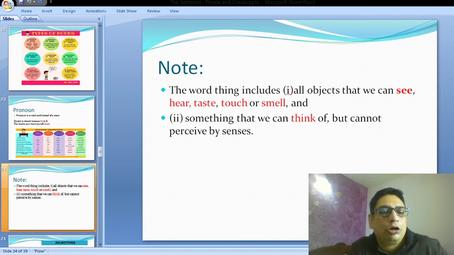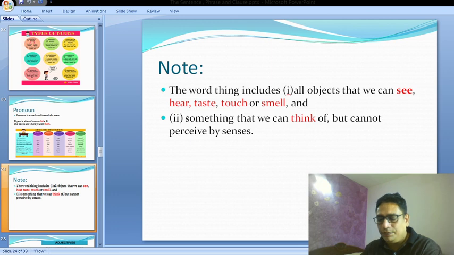So the first one was common noun and proper noun. Common nouns are things or names which need not be for a specific person, like a car. I do not know whose car it is. It can be anyone's car, so it's a common noun. Dog. If the dog is referring to a general name, a class of animals, then we call it a common noun. But Richard is a specific name. London is a specific name. We do not have London in any other part of the world, so it's a specific name,